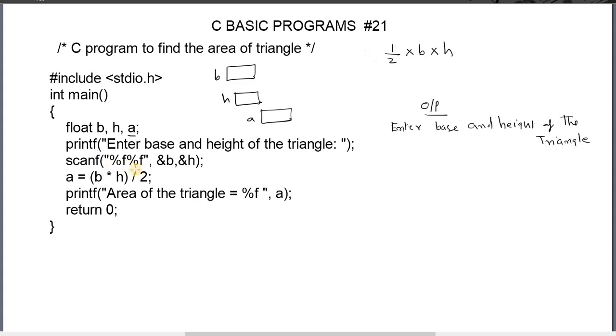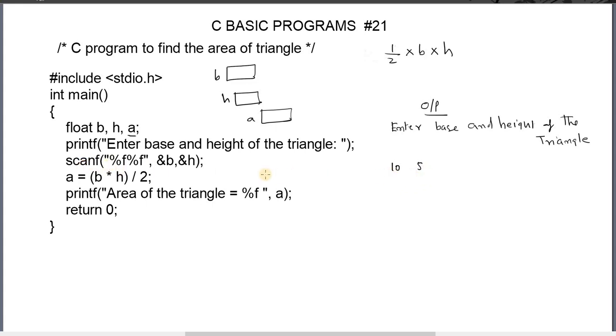Here the first parameter of scanf is the control string. In this control string there are two specifiers, so it will take two values from the keyboard. The specifier %f is a specifier for float, so it can take float values. When we run this program, scanf will wait for input values. At that time we have to give two values, some values here, 10, 5, any values. You can give float values also, 10.5, 5.5 like that.